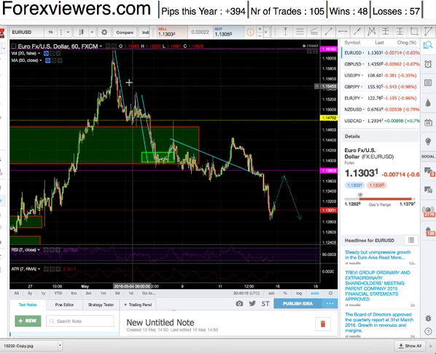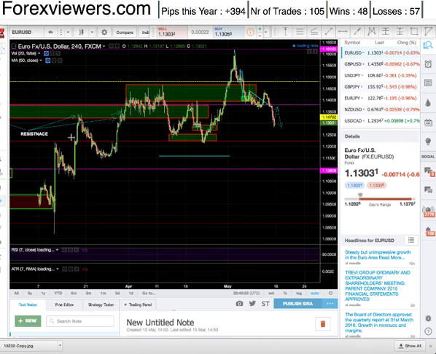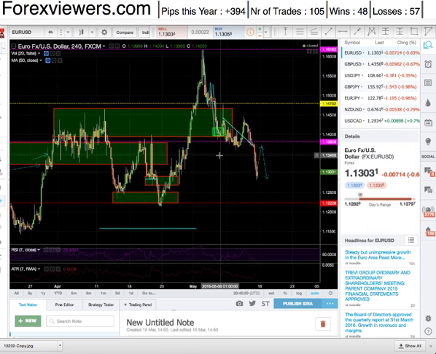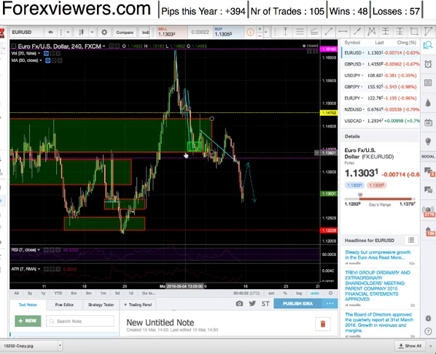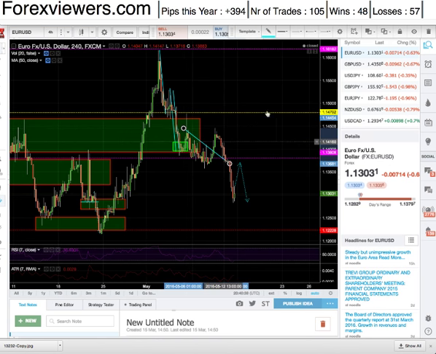So let's begin by taking a look at the Euro USD. We'll go rather quick over this. Just going to be taking a look at the 4 hour and the 1 hour, just to see what's what. So basically what I'm seeing here on the Euro is that this trend line we drew in here, we've broken the trend line to the downside,